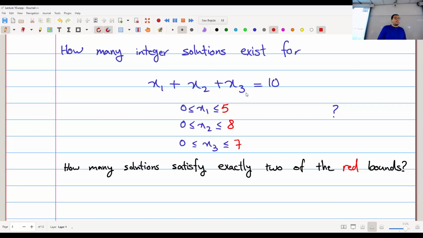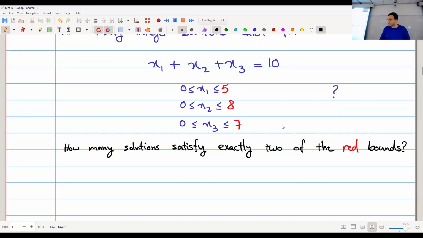Again, I want to define a bunch of sets, and then I want to be able to use inclusion exclusion. Okay. So I can first ignore all these red upper bounds and find the total number of solutions. I know how to find that if I didn't have these upper bounds. But my answer would be the total number of solutions minus the number of solutions that violate the first upper bound,